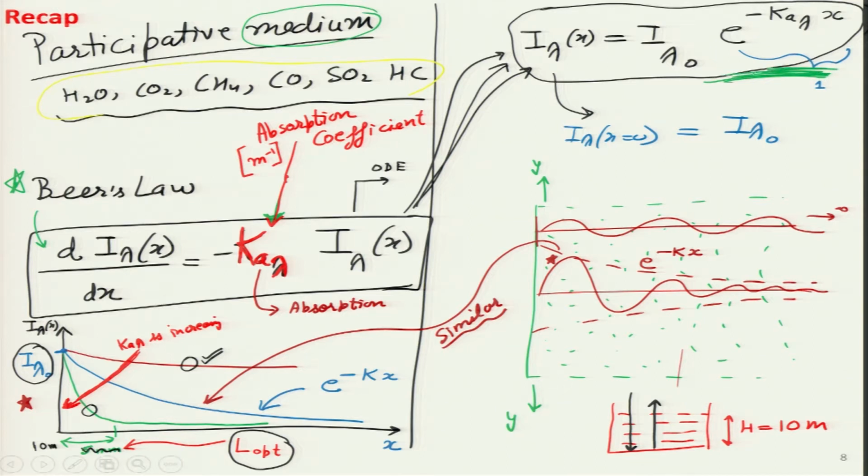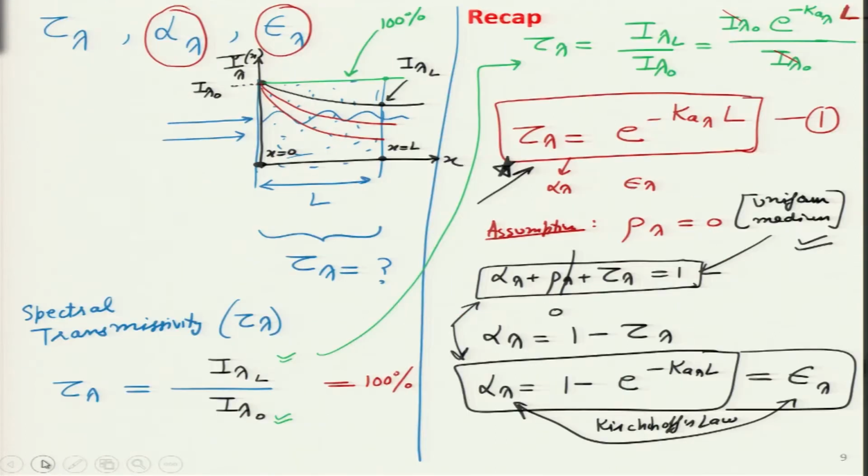Then with the help of these curves and examples of a swimming pool, light traveling in water, infrared radiation traveling in water, and with the help of this red arrow over here, which indicates the direction in which the absorption coefficient is increasing, I tried to present a physical picture along with the mathematics behind it, of how the intensity actually decays when it is going through a participative medium. After looking at that understanding, we looked at spectral parameters such as transmissivity, tau lambda, whose relationship turns out to be like this. This is the expression.